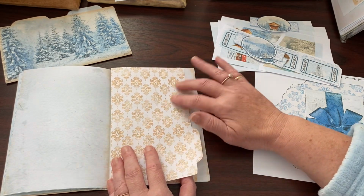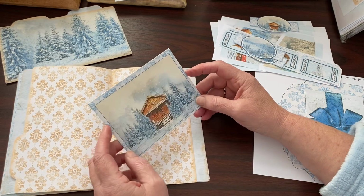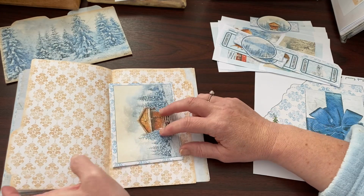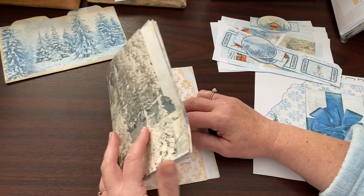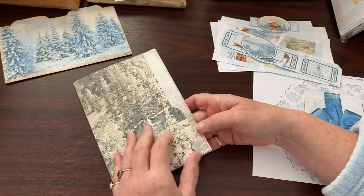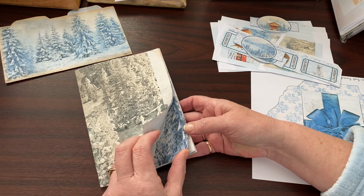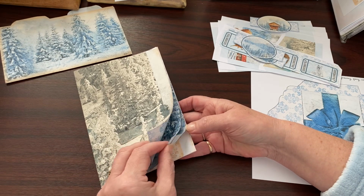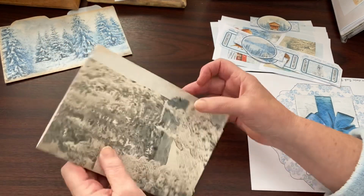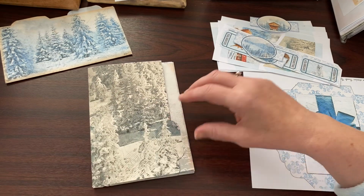And I went for another file folder in the middle. I've put the envelope in there for now. I'm not sure whether I will have that envelope in the middle or not. I haven't decided, but I often have one in the middle, as you know. I think I've got 12 pages. Am I mistaken? 2, 3, 4, 5, 6, 7, 8, 9, 10. So there's 10 pages there already, so another 2 to 4 pages in there